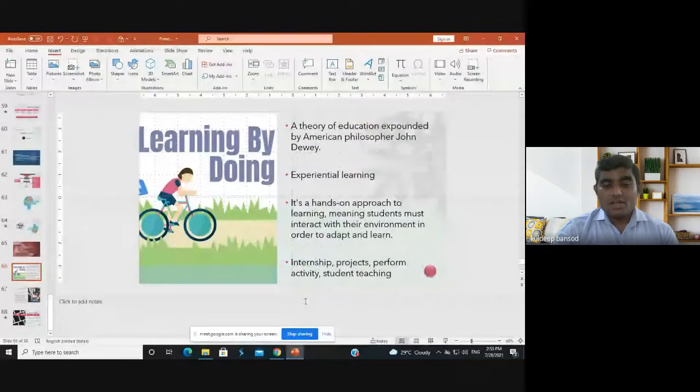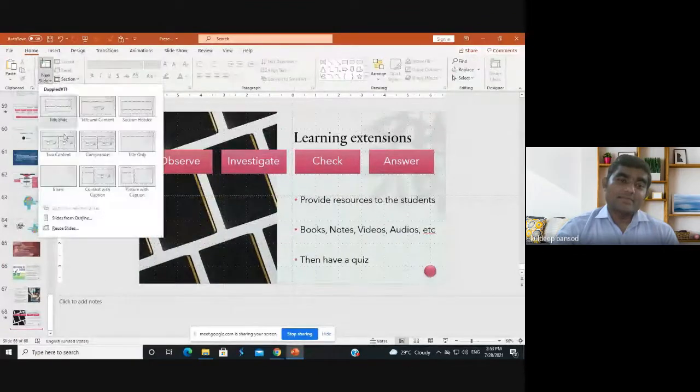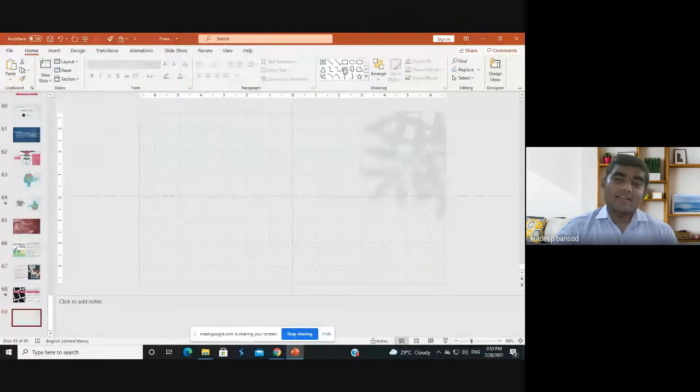Explain how you created the slide of the cone of learning. Sir, actually, I have Office 2019. So while creating that, insert a new blank slide.